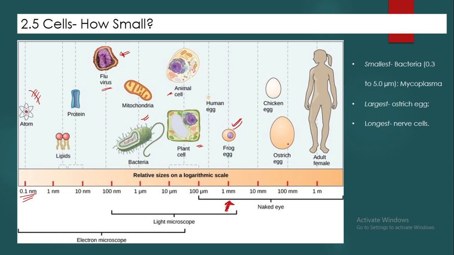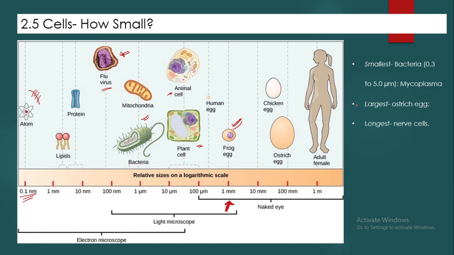This chicken egg and ostrich egg, are they single cells? Yes, sir. So when we consume a chicken egg, that itself is just one cell. These are unfertilized eggs that we are consuming. So this is a single egg cell. The same is ostrich also. So the size of the cell can vary from 1 micrometer to 100 micrometer, or much larger also.